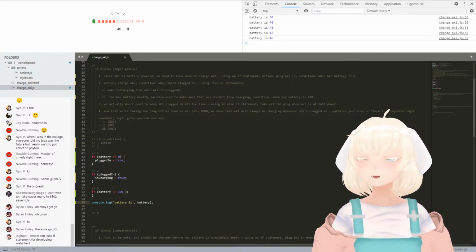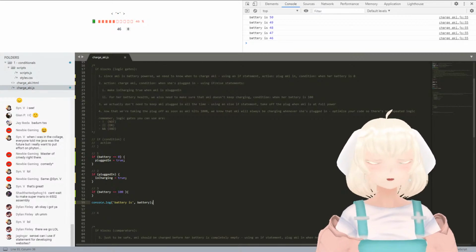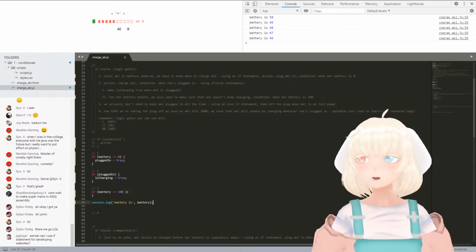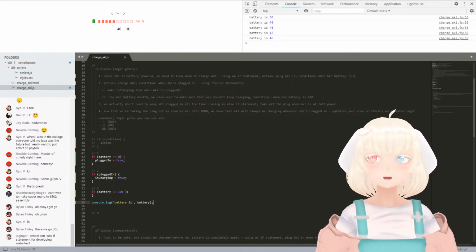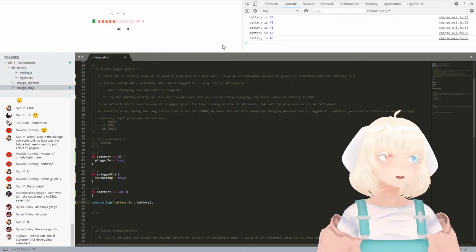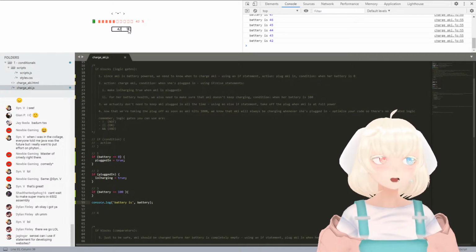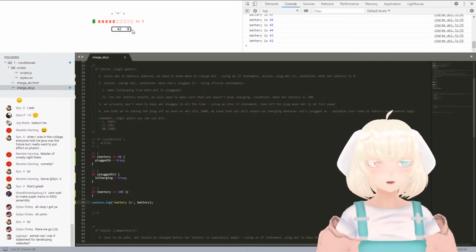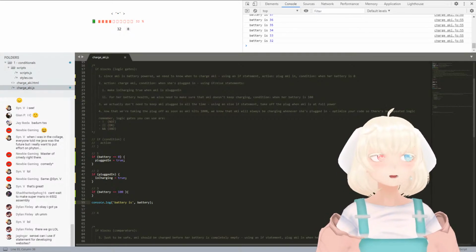Can you use if statements for developing websites? Yeah, you can. That's actually exactly what JavaScript is for. It's built as a web language to power web pages. Any modern site that you go to is just using a combination of HTML, which is this physical page here, JavaScript, which is all of the code in the background running that's making this do what it's doing, and CSS,